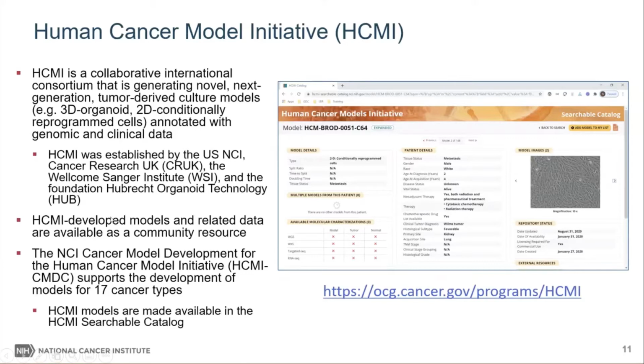HCMI developed models and related data that's available as a community resource. There are 4 cancer model development centers within HCMI. These include Broad Institute of MIT and Harvard, Cold Spring Harbor Laboratory, Stanford University, and Weill Cornell Medical College. These groups are generating the models. The models are searchable through what I'm showing here, the HCMI searchable catalog, and they're also distributed by the